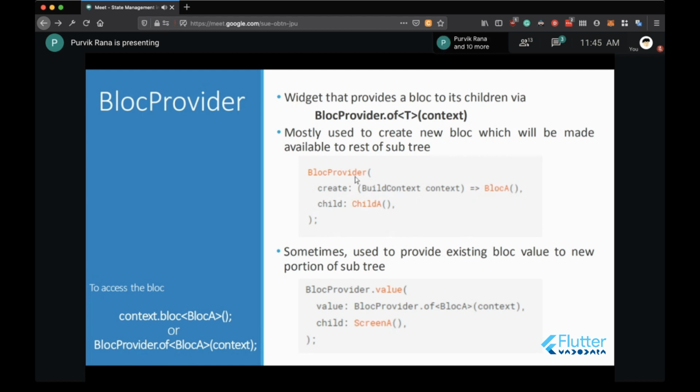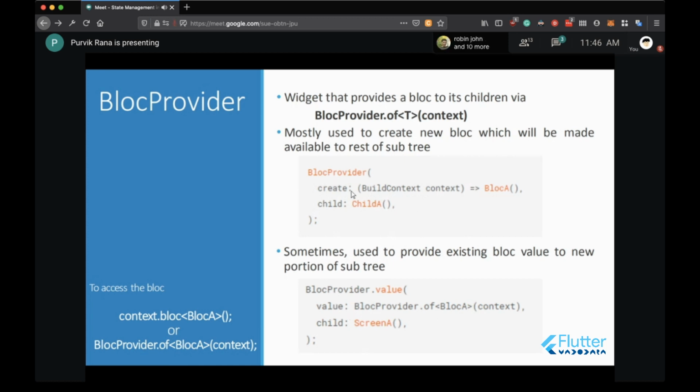So this block is provided using this particular thing to the child A. Child A consists of screen A at some portion in that widget tree. So you can easily pass this particular block instance to screen A by using this particular syntax.